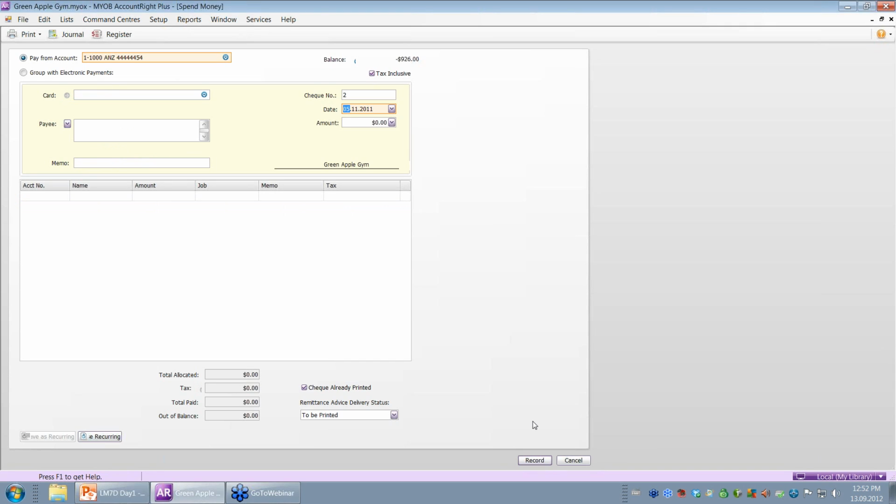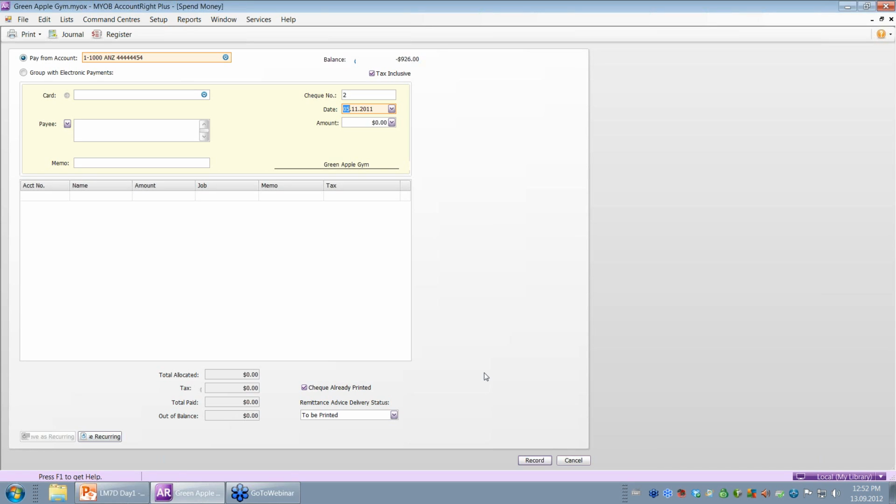What I'm now going to do is move to page 76, and I'm going to record a recurring transaction. Recording a recurring transaction can be time-saving because you record a template and you can use it as and when you need to. So click on Spend Money, which is where I am, and we're going to enter